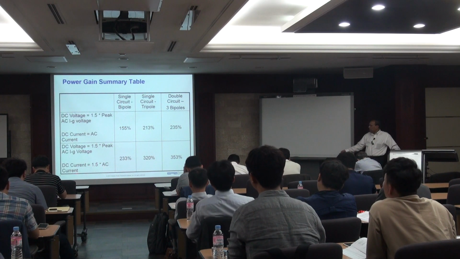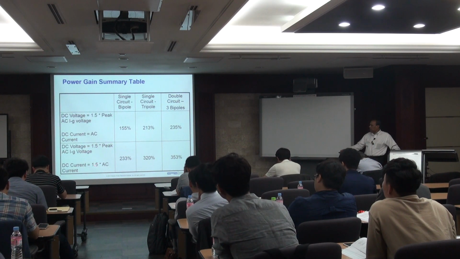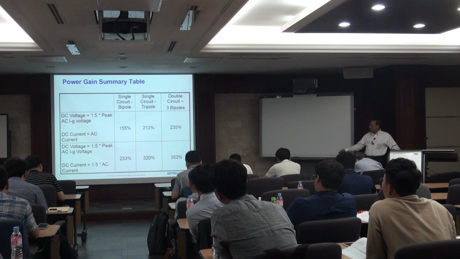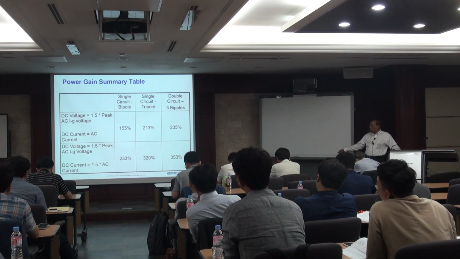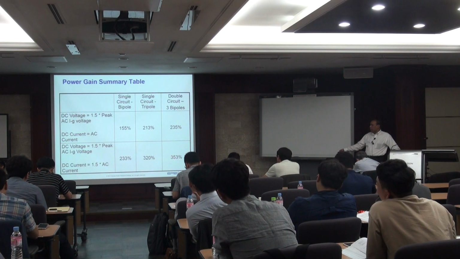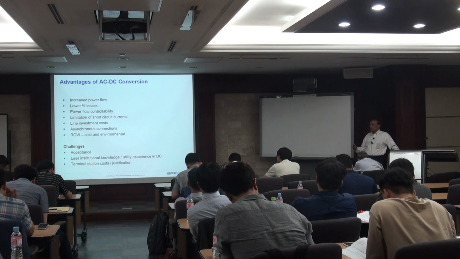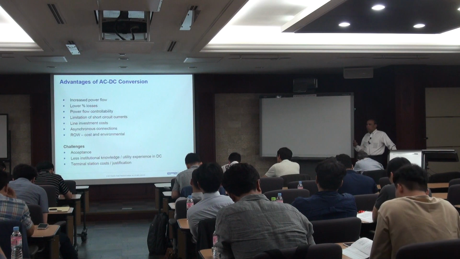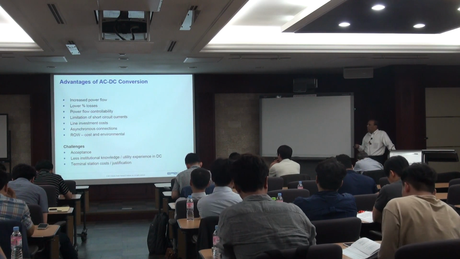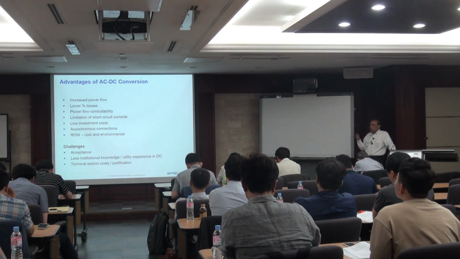Having even DC current, if you increase the DC current also by 50% over the AC RMS current, then you can get even more, close to 350%. Here, keep DC current same as AC RMS current. Here, 50% more. So these are all theoretical numbers, of course, but when you come to the actual calculations, you have to take your system configuration